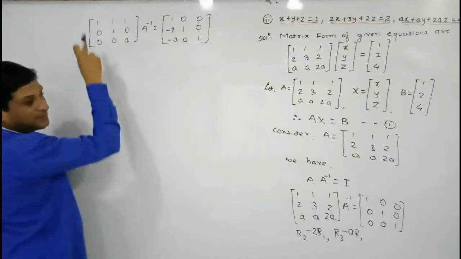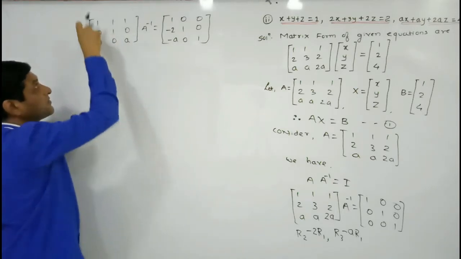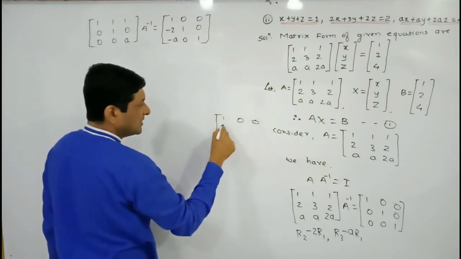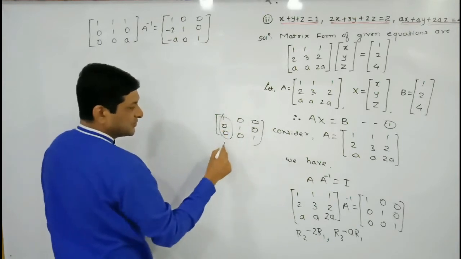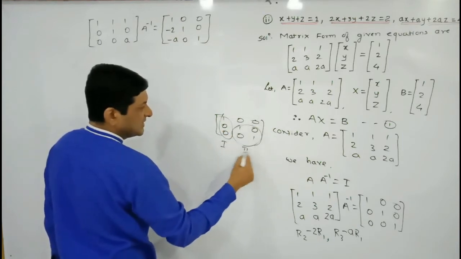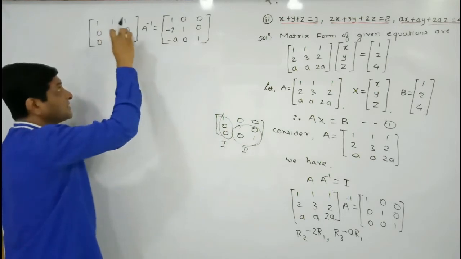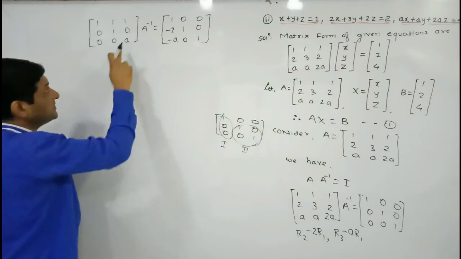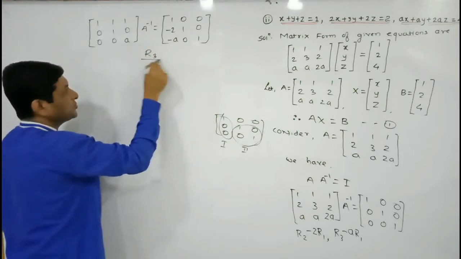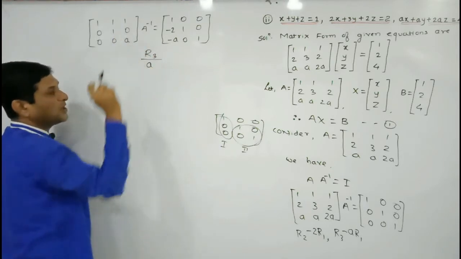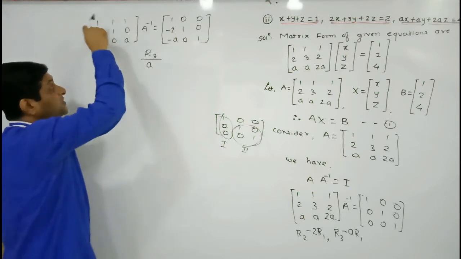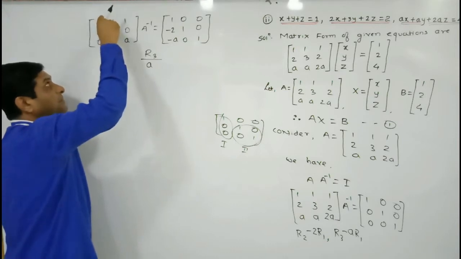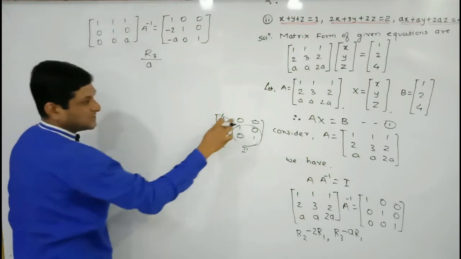After that, our first step is completed. What is our first step? To convert the elements of the first column into 1, 0, 0. The second step is to get these elements 1, 0, 0, 1. Already 1 is there, 0 is there, here also 0 is there. Here we will require what? 1. To convert this element into 1, we are dividing the elements of R3 by a; a upon a will become 1. Parallelly, if you observe, the elements of R2 are 0, 1, 0, and with the help of this one I am able to convert this element also into 0. This is our third step.